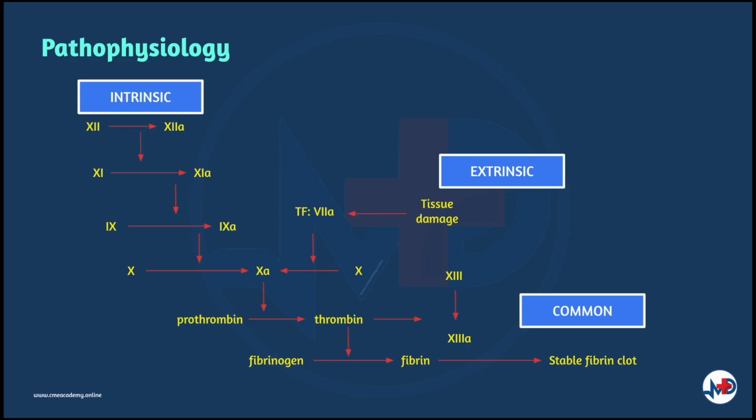The process of activating factor 10A is a complicated reaction. Tenase is the complex that cleaves factor 10 into factor 10A. Tenase has two forms: extrinsic, which consists of factor 7, factor 3, and calcium, or intrinsic, which is made up of cofactor 8, factor 9A, and phospholipid as well as calcium. Thrombin also goes on to activate other factors in the intrinsic pathway, as well as cofactor 5 and factor 8, as well as factor 13. Fibrin subunits come together to form fibrin strands, and factor 13 acts on fibrin strands to form a fibrin mesh. This mesh helps to stabilize the platelet plug.